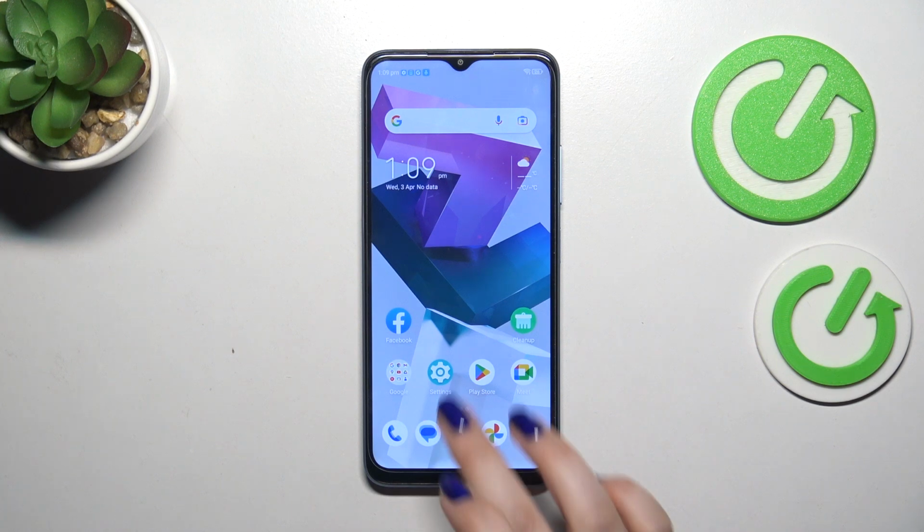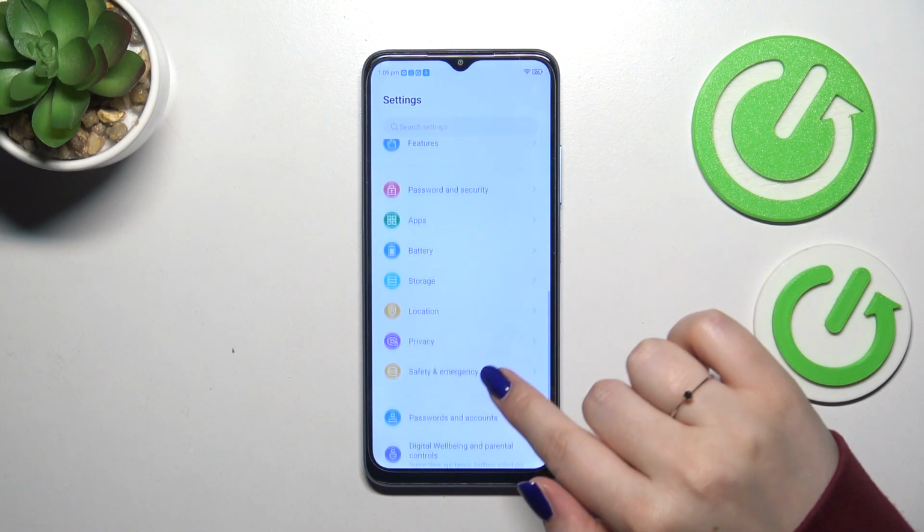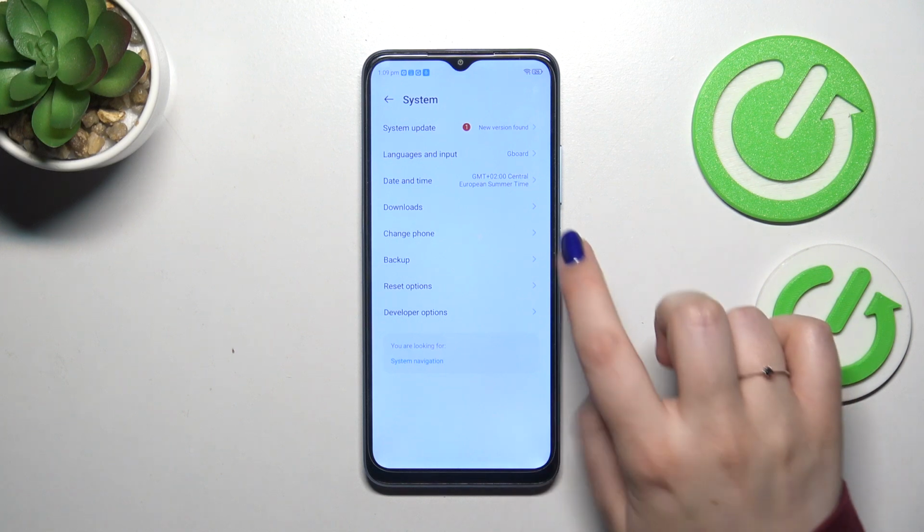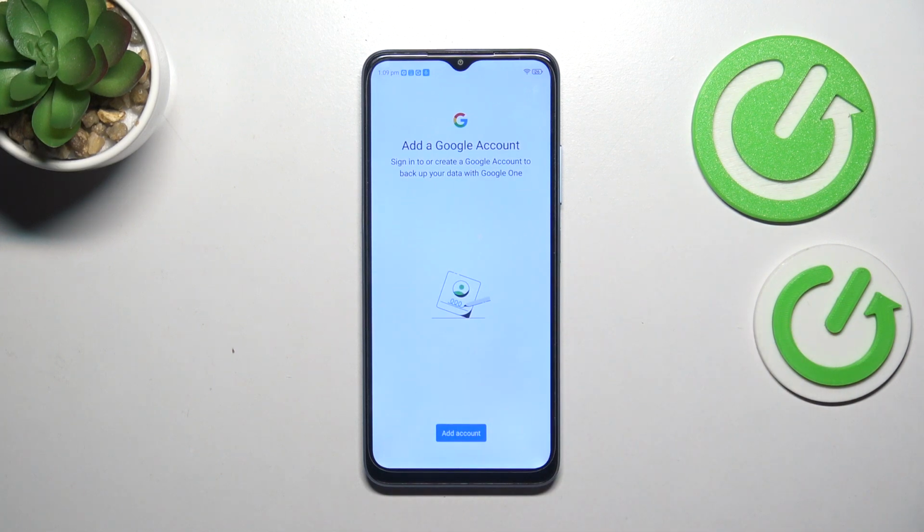So let's start with opening the settings, and here we have to scroll down to find the system. Let's tap on it. Then let's tap on the backup and tap on add account. Make sure that you've got the internet connection because it is required, and then you will be able to follow